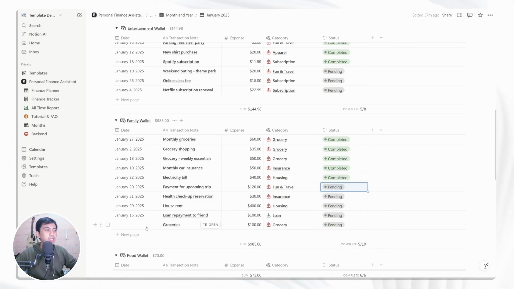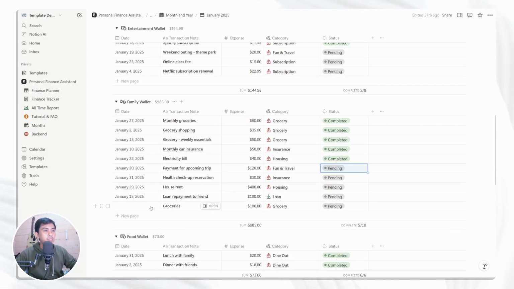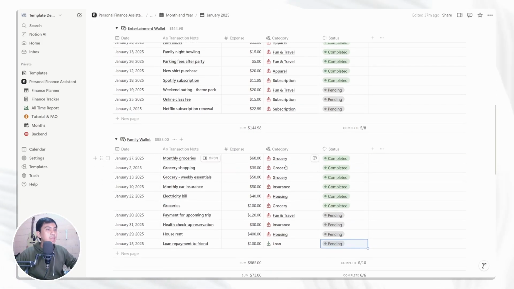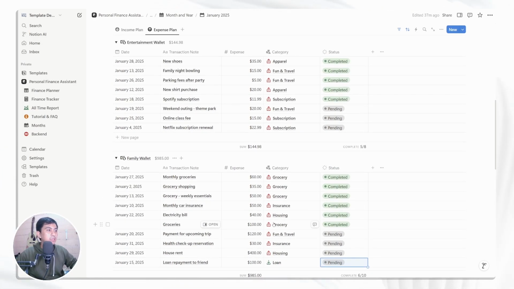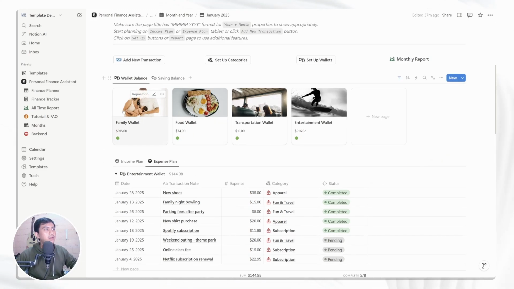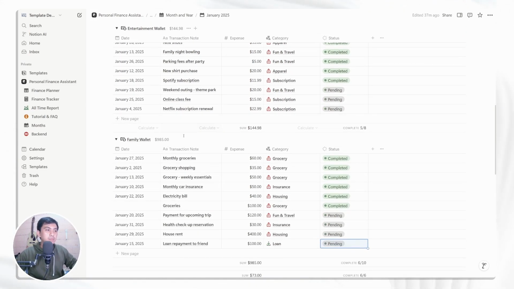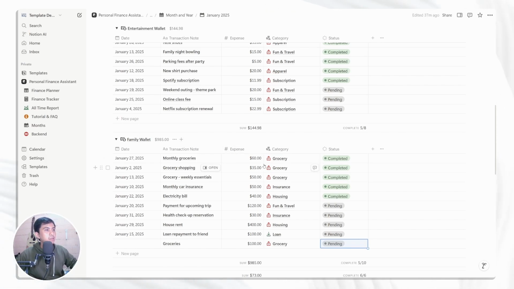You can click pending, and then it will come up at the bottom of the table and wait for you to do the groceries. Then once you've done it, you can go to this page, or maybe to the finance tracker feature, which we will see in a few seconds, and click complete. After you click complete, this grocery expense will be reflected in the wallets or the savings that you chose. So that's basically the transactions.